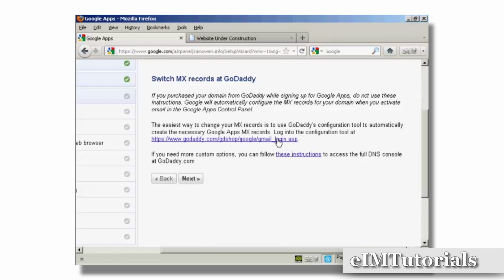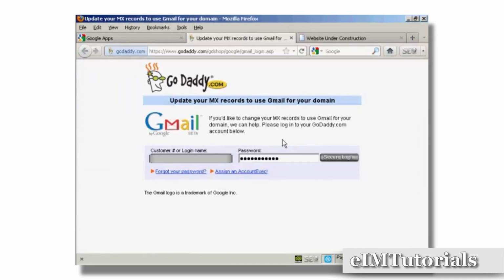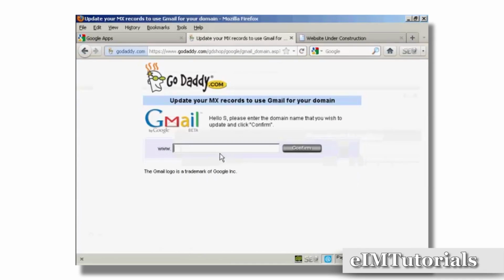So now I need to log into GoDaddy by clicking on this link here and log in. And then it's asking me to confirm the domain name that I wish to update, so I'm going to enter that in and then click on Confirm,